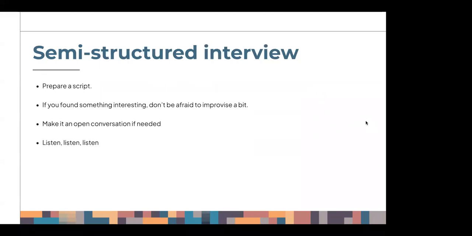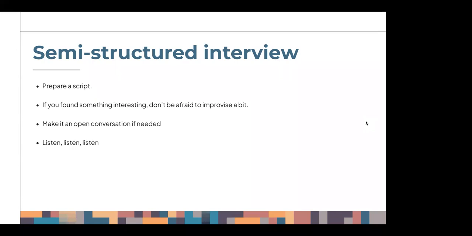And the last tip is keep it open. You will have a script with all the introductions. Thank you for coming. This is going to happen in the session. Are you okay? Do you have any questions? But then you will have your set of questions, and you will realize that people will tell you stories. So maybe you will find something in the story that is interesting for you. So maybe you can stop there a bit and go deep into something. So maybe you will use half of your questions, or maybe you will do them all. But the idea is to